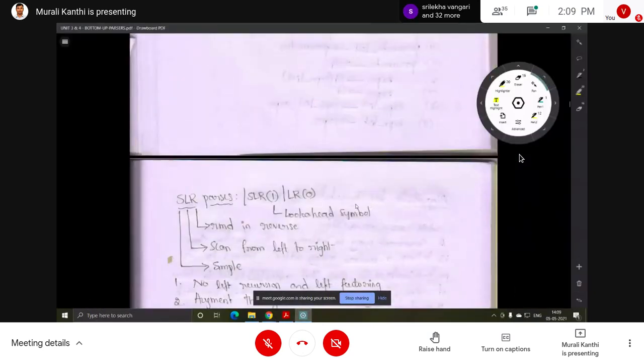Okay, in the last class we have seen the shift reduce parser. The shift reduce parser is one type of bottom up parser. By shift operation, the inputs are pushed inside the stack, that is, input characters are pushed from the input buffer.